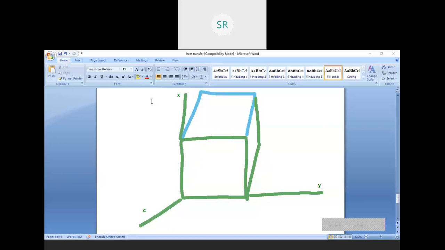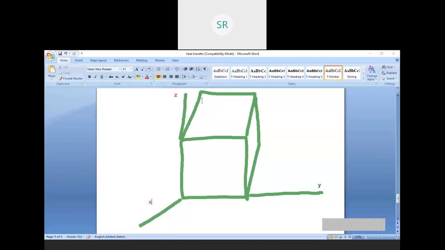Sorry, so I'll slightly change this direction. So I'll take this as y. Okay, so this is y. I'll take this as z. This as x. Okay, so x, y, z.